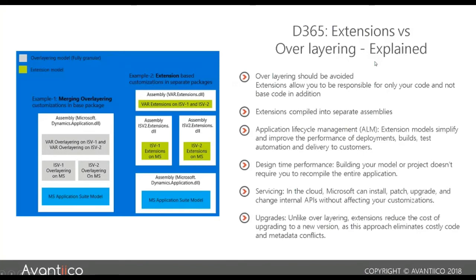And again, what is the difference between an extension and overlaying? The easiest way to explain this is with Dynamics AX 2012, 2009, 4.0. Imagine the standard code is in a file, and when you modify the standard code, you're modifying that file. With an extension, you're not modifying that file. You're creating a separate file with some kind of hook into the first one. It could be a chain of command, an inline delegate, or some other system integration.